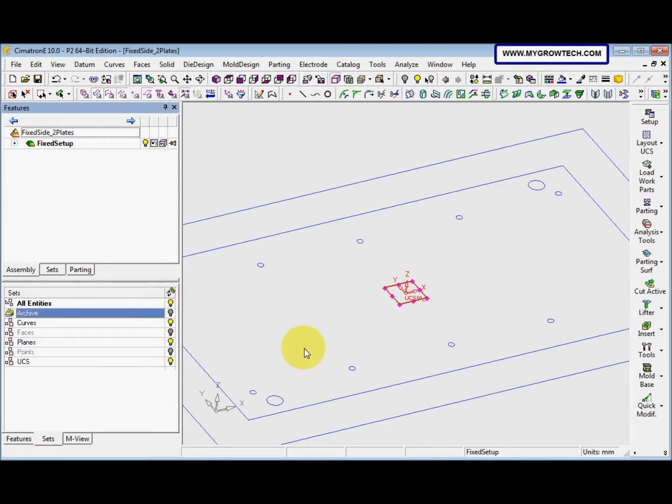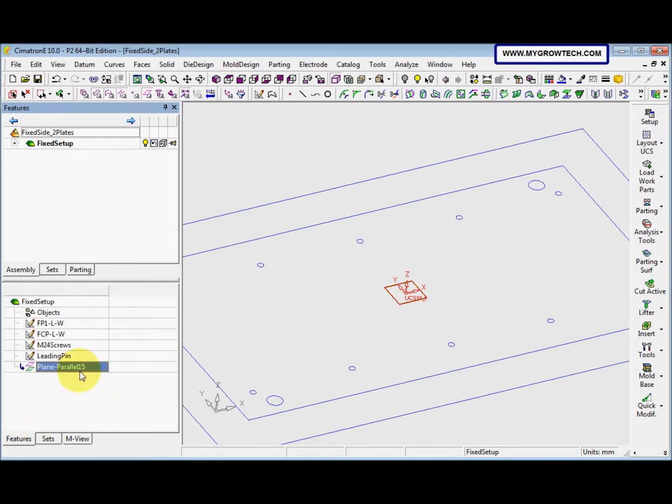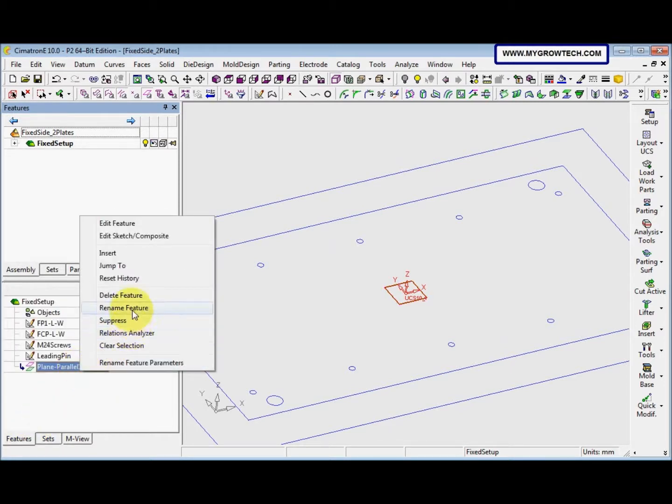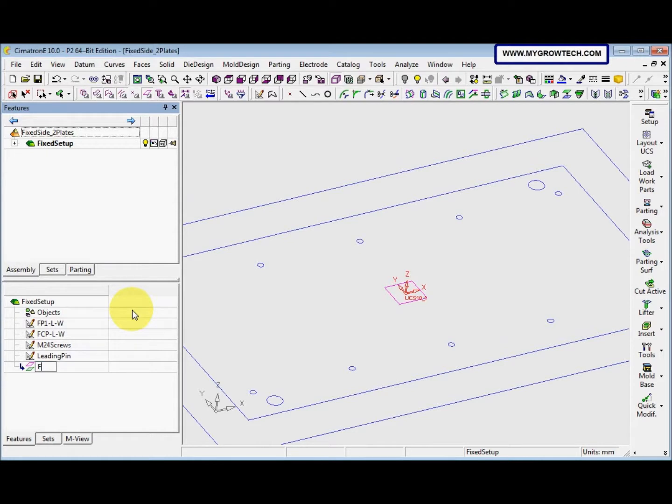Okay, and after that we go back to the picture, and this we rename it as F space. Okay, and this represents the space between the parting line level and the level of the first plate, and allows us to move the plate easily. So we create another